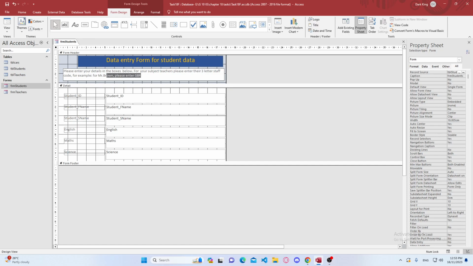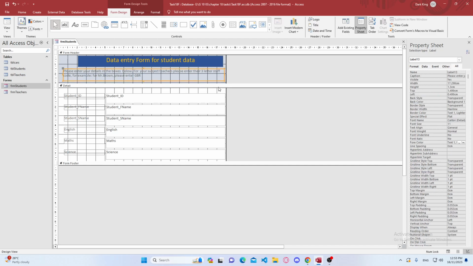Then I want to make, for example, this message on the center and with black color. I will just click on it. You can shade it, or you can just click on the borders of the text, and you will go here on the property sheet, text align, put it center, and the color of the text will be changed from the font color to black, for example. Okay,